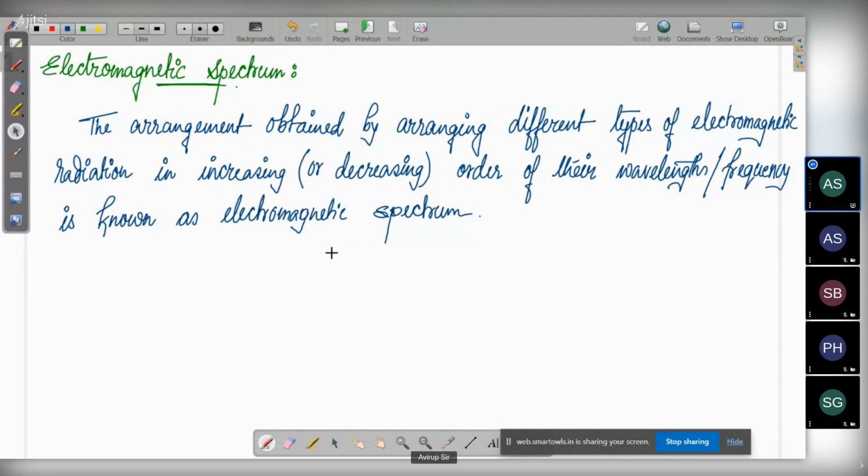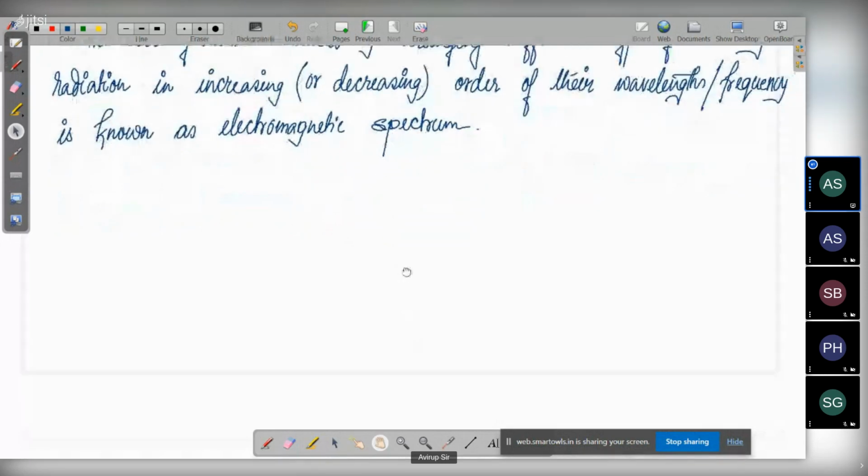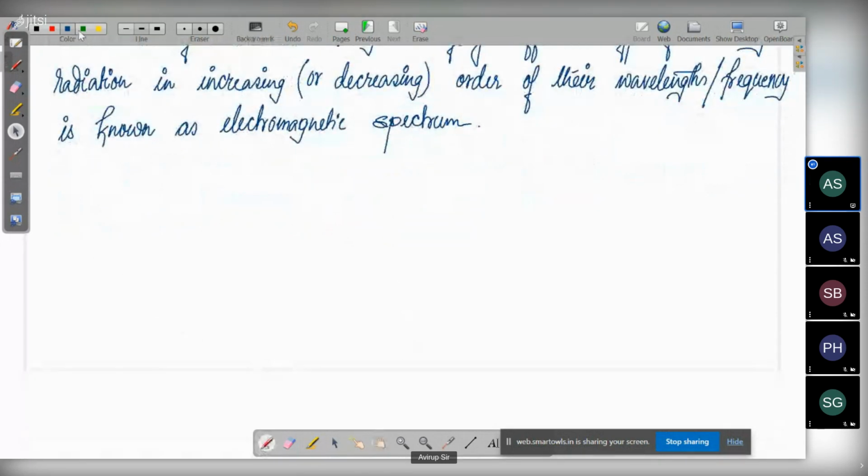Okay. So what are the radiations that are present? Starting with gamma rays. This order you need to remember, very important. Not the definition. The definition is just for basic understanding. The order is something that you need to remember. At first we have gamma rays. Now you tell me what comes after gamma. Gamma rays are followed by X-rays.